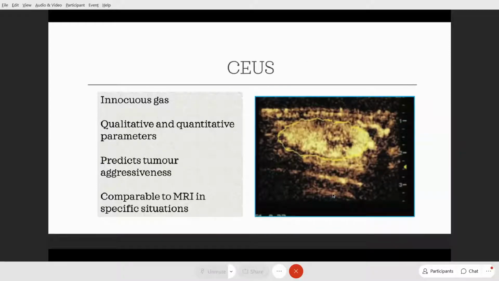Contrast enhanced ultrasound, though, has interesting applications in assessing the aggressiveness of the tumor and, in certain situations, is comparable to dynamic contrast MRI. But it has some inherent limitations: it comes with loaded multi-vial doses, and hence we have to line up at least 4 or 5 patients in a day to use contrast. That's why it's not very widely used, though there are a lot of research papers which have shown promising results comparable to MRI.